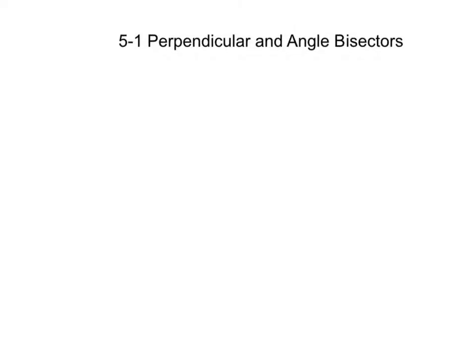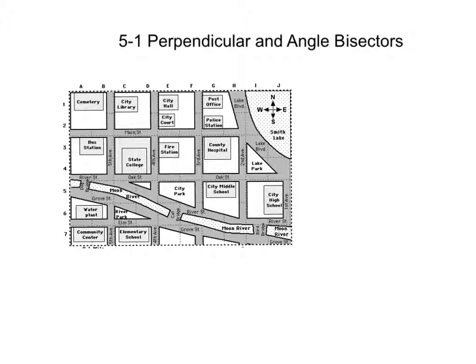Today we're going to do 5-1 perpendicular and angle bisectors. Let's start it off by looking at an image. Now we see an image of a town, and of course it's a made-up town. What I want to do is try to find, we see the cemetery here and the post office off to the right. What we want to do is find two locations that are